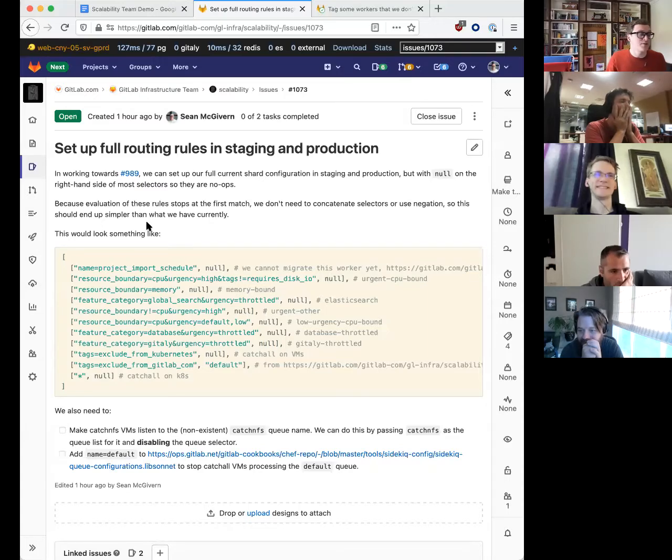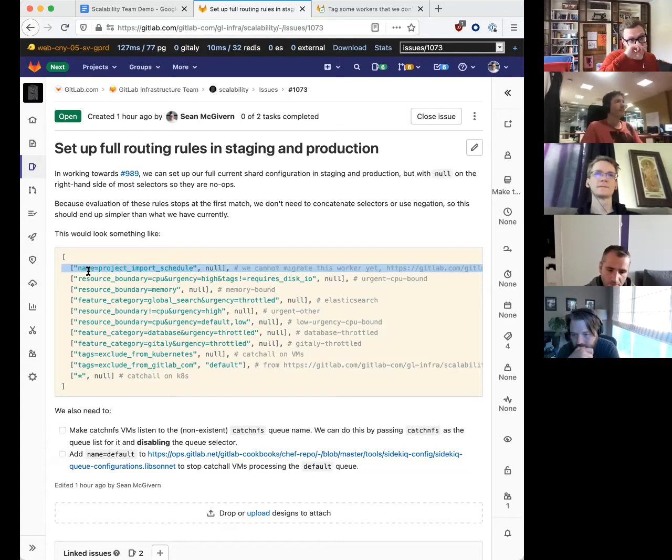So the plan is we'll basically do those. We'll then define... Sorry, I should just keep sharing my screen instead of turning it off and on. So the way the routing rules work is that they're global. And obviously, Andrew, you'll know this because we talked about this at length a year ago. But they're global. So at the moment, each Sidekiq shard only knows which queues it processes. It doesn't know which queues other shards process, which is why we have that negate selector where we concatenate all the others and we say anything that doesn't match any of the other selectors, do on this shard. But because this is global, we can just say